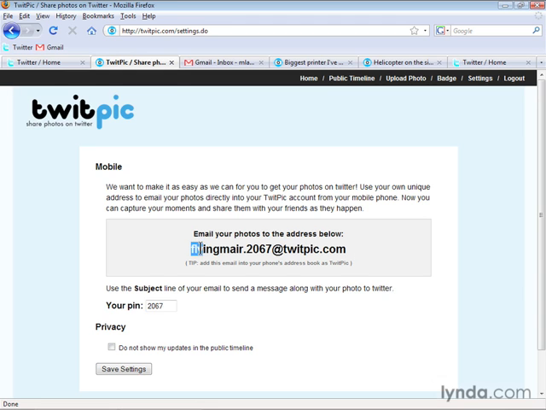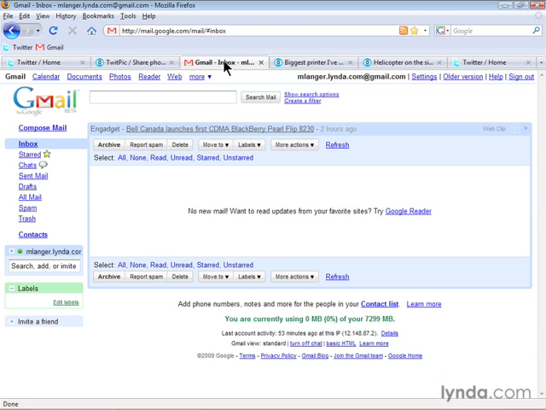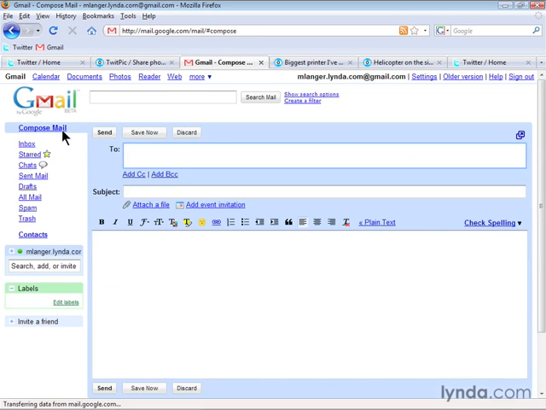This is the information I want. I'm just going to copy and paste it for now. So I've selected it. I'm going to press Control-C, would be Command-C on a Mac to copy it, and I've copied it to the clipboard. And I'm going to go up to Gmail, which I already have open, and I'm going to create a new message. And I'm going to send that, press Control-V or Command-V on a Mac, to TwitPic using that special address